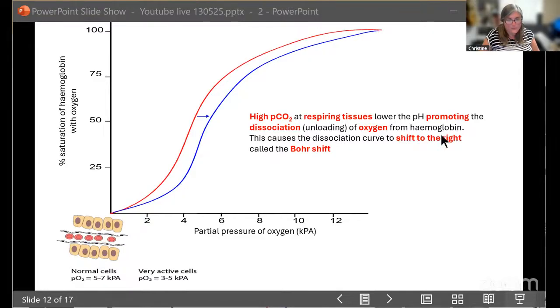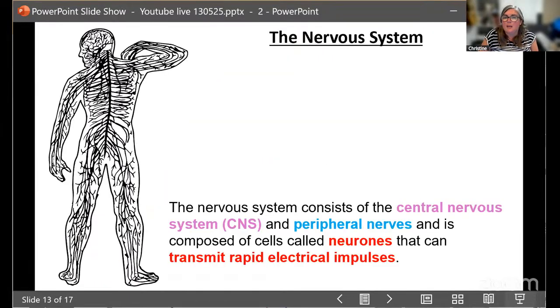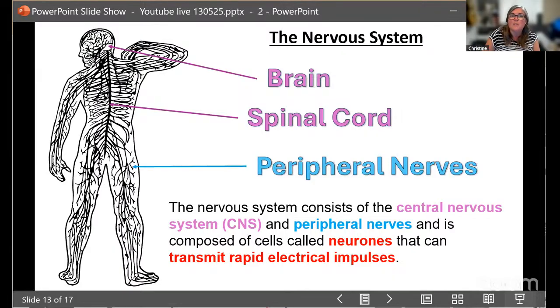So nervous system then, if you are learning about the nervous system, you need to make sure that you know that we split it up into the central nervous system, which is made up of your brain and your spinal cord, and then you've got your peripheral nerves, which are all the others, which are your motor and your sensory neurons. So the key thing about a neuron is that it's going to transmit a rapid electrical impulse, and they are not going to penalize you if you say action potential or electrical impulse. They seem to accept both of those answers whenever they are looking in the mark schemes.